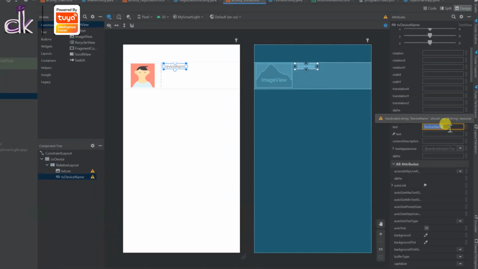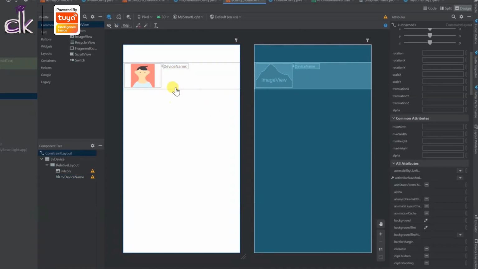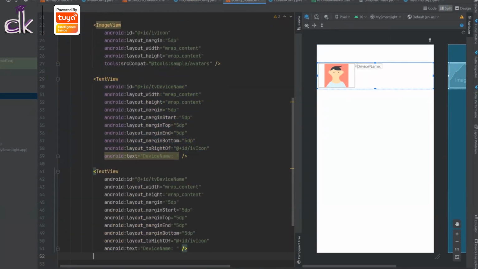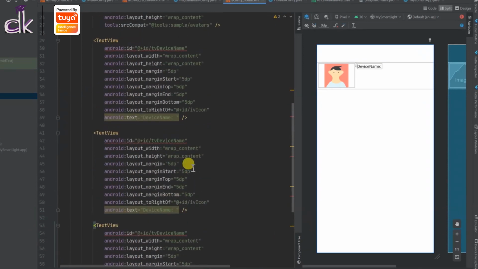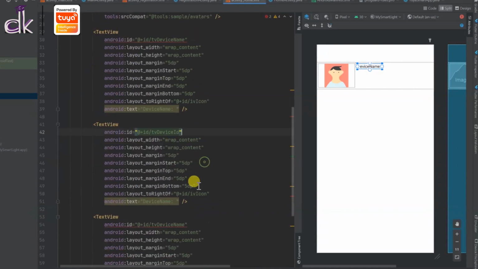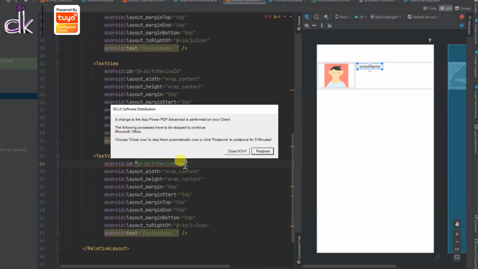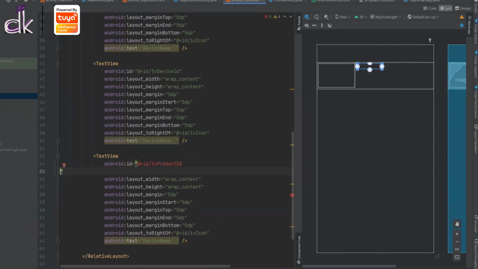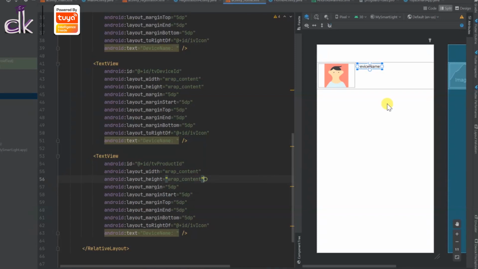Sure, you have a colon there, and then you'll need to repeat the same. So let's go to split and add a couple more text views. Okay, so first you'll need to change the id, so call this as device id, and the third one will be the product id. So basically for each of the device you can get the device name, product id, etc. So we'll be adding these three just to show which device you are